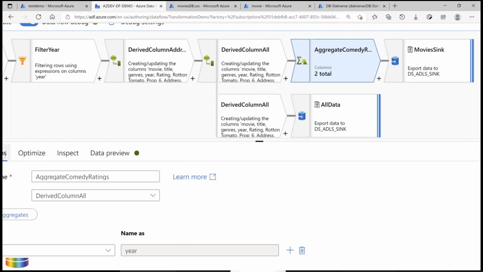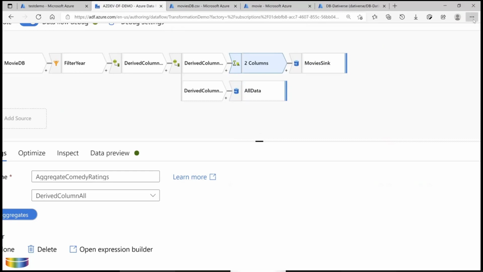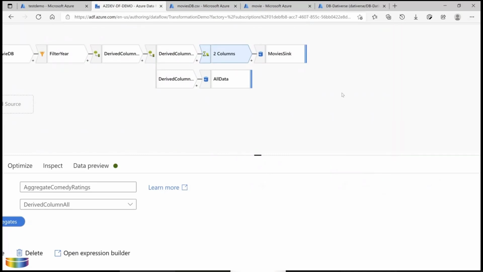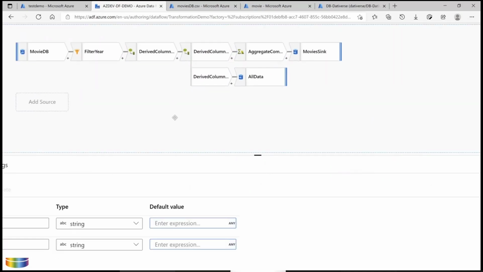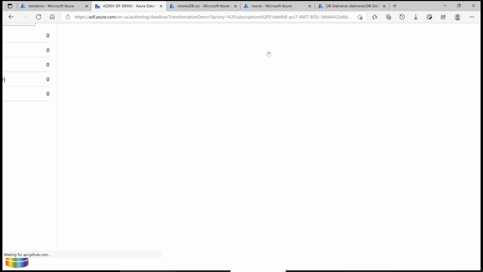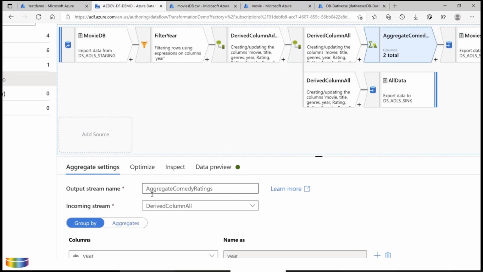Yes, you can see the aggregation function settings here. In settings you can see that I have a window function.